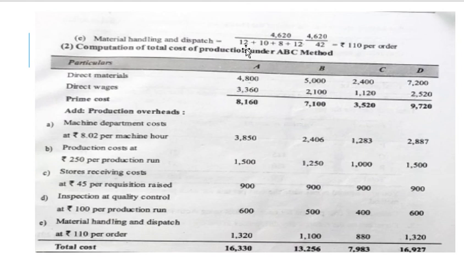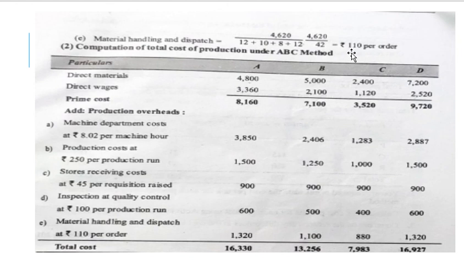120 divided by 10, you will get 12. Next, for B, the number of units is 100, and 100 divided by 10 will give you 10. And 80 divided by 10 will give you 8, and again 120 units for D divided by 10 units in one batch will give you 12 batches. So if you add up, your total will be 42. They have given you the total; you are just showing for each product how many batches are being executed. So 4,620 divided by 42 will give you rupees 110 per order.